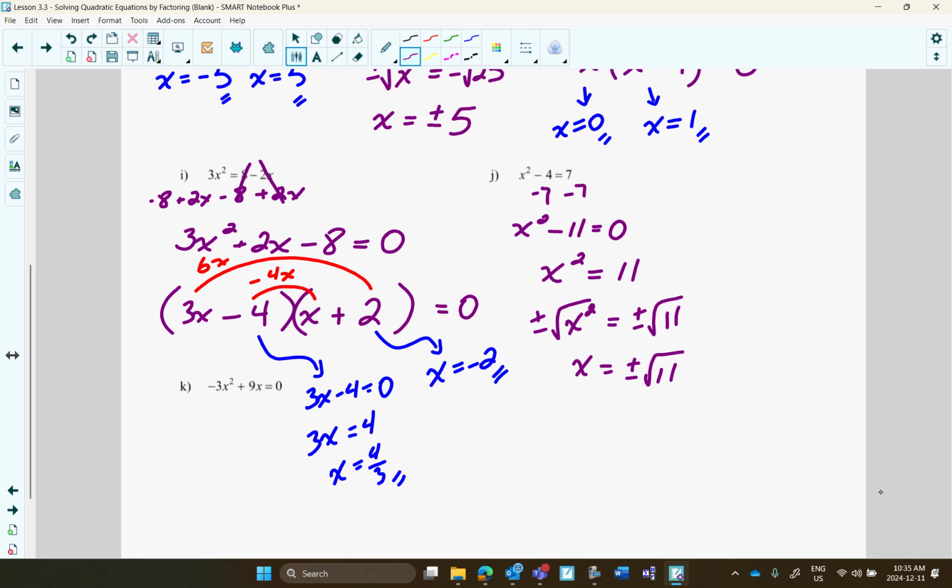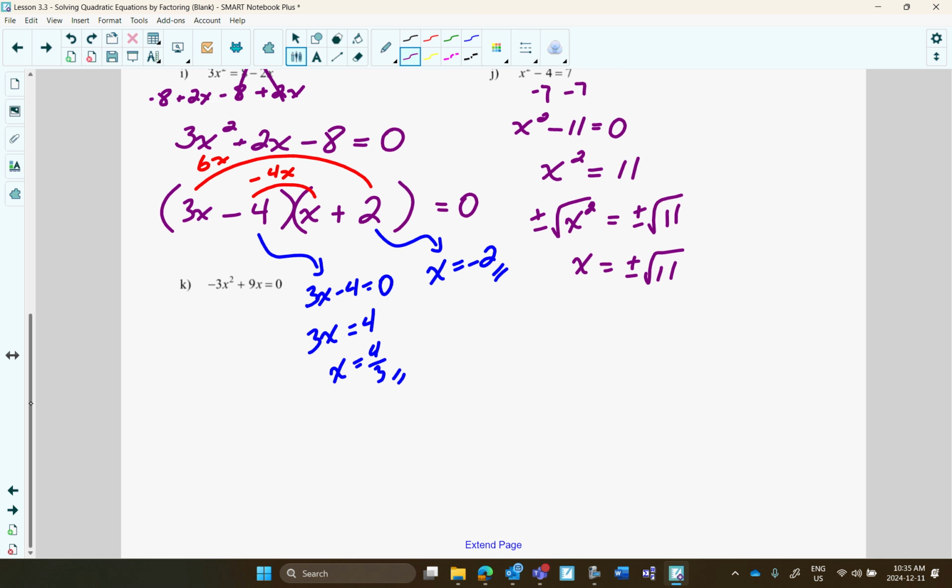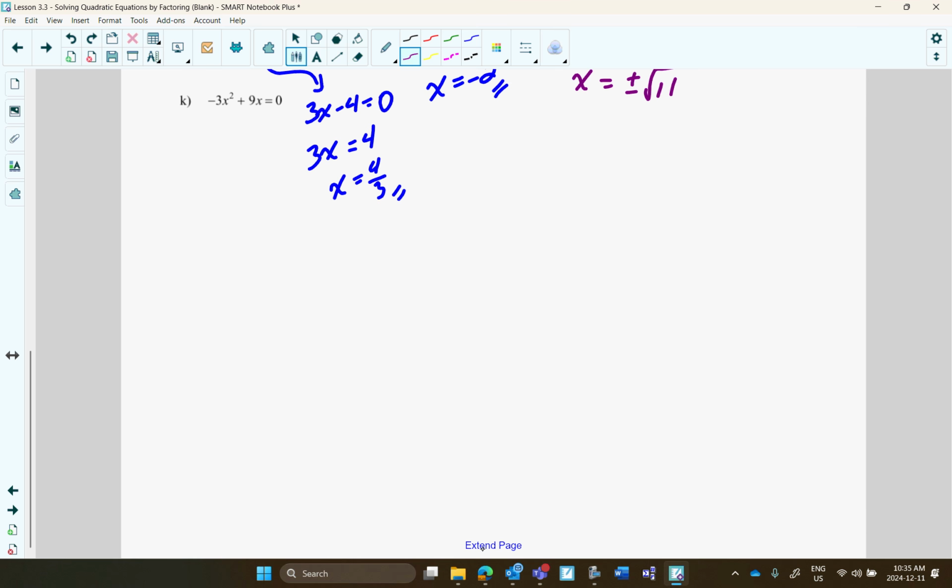This is the last one I want to look at. We'll finish the rest tomorrow. Do we have 0 on one side? Well, what's wrong? Yeah, that negative. How can I turn that negative into a positive? Divide by